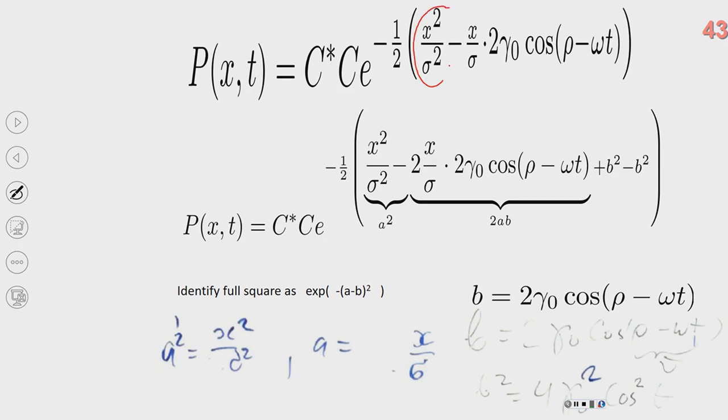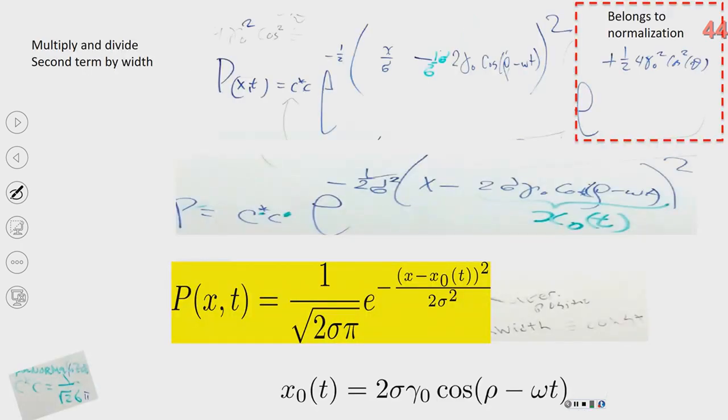If you look at this x squared over sigma squared as a squared, this is a, this is factor 2. So we can identify this one as b, and then bring it into the form of a minus b squared, right? For this purpose, we need to add and subtract whatever we defined as b. Objections? No. So then the thing that we constructed is a plus b, a minus b, will come to the power of exponential here. Here is our b squared, which is our price for making this trick,